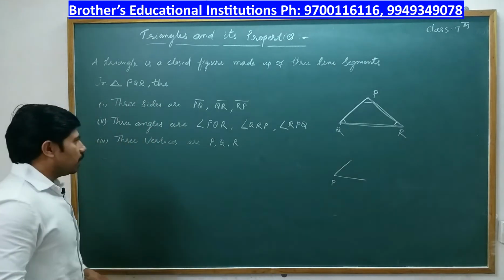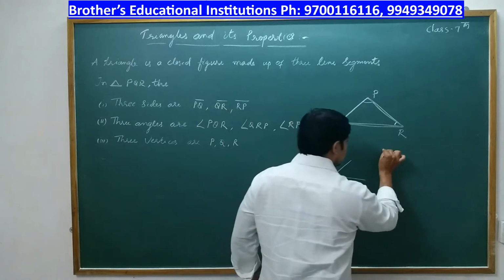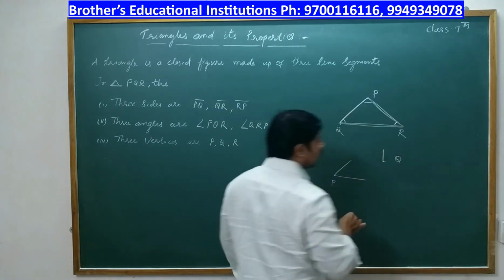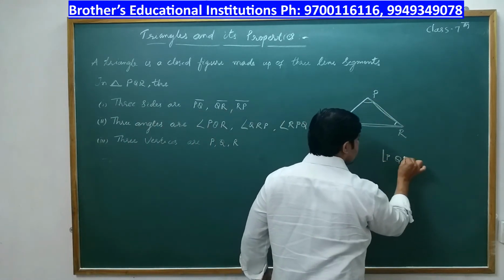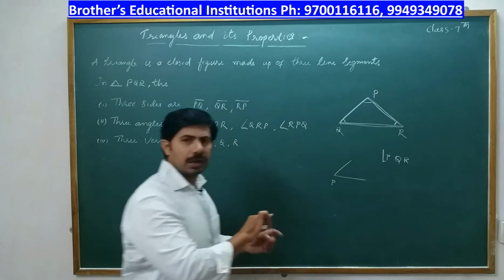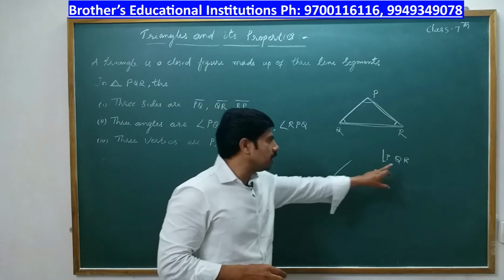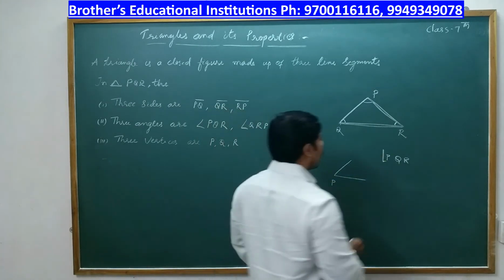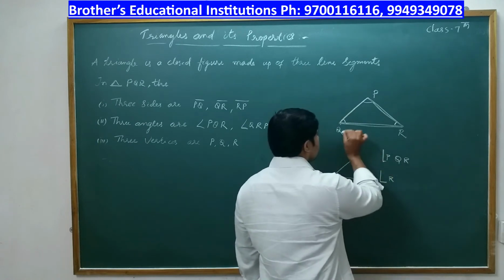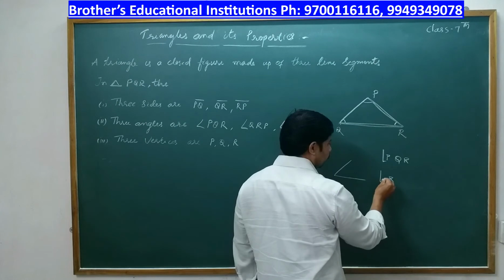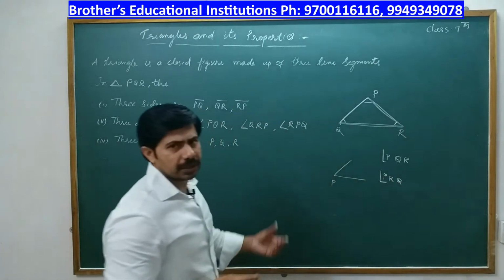Now, suppose you are representing angle Q, so how to write angle Q? See, this Q should be the middle term, and the remaining P and R you can write in any order. You can write PQR or RQP. So if you are representing Q, that Q should be the middle one. Suppose R, how to represent R? You write R in the middle, and the remaining two you can place before or after the R. So PRQ or QRP, it is one and the same.